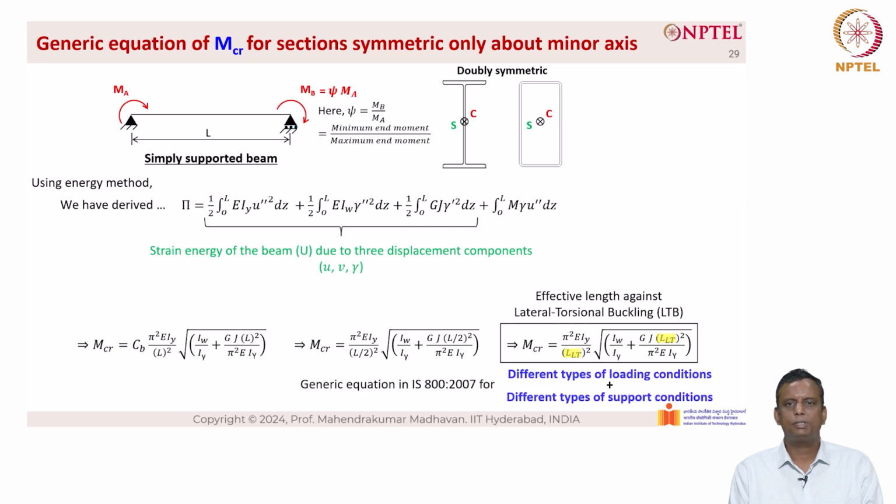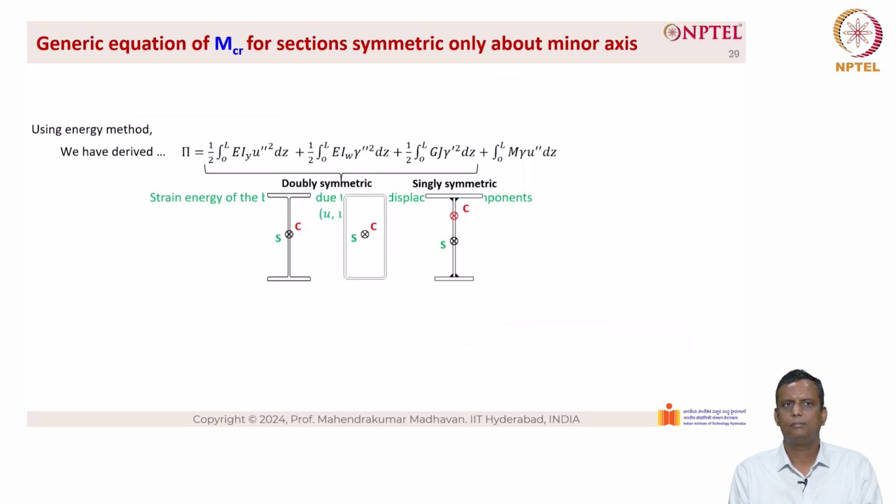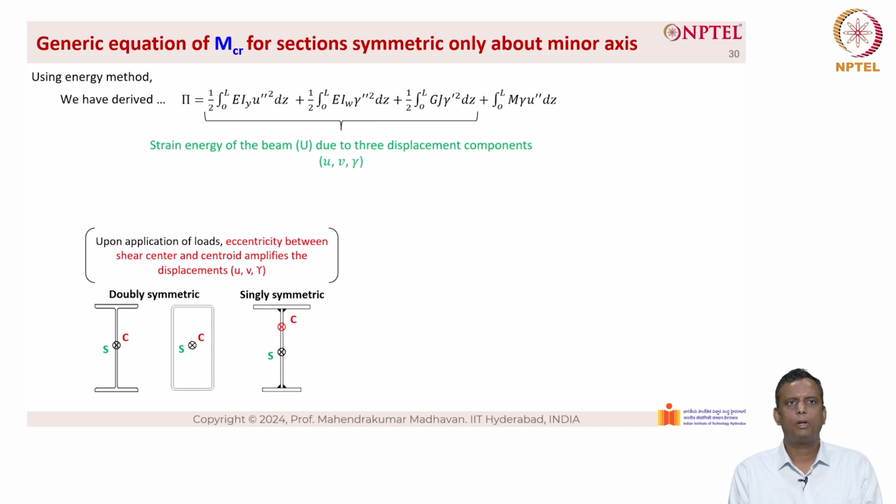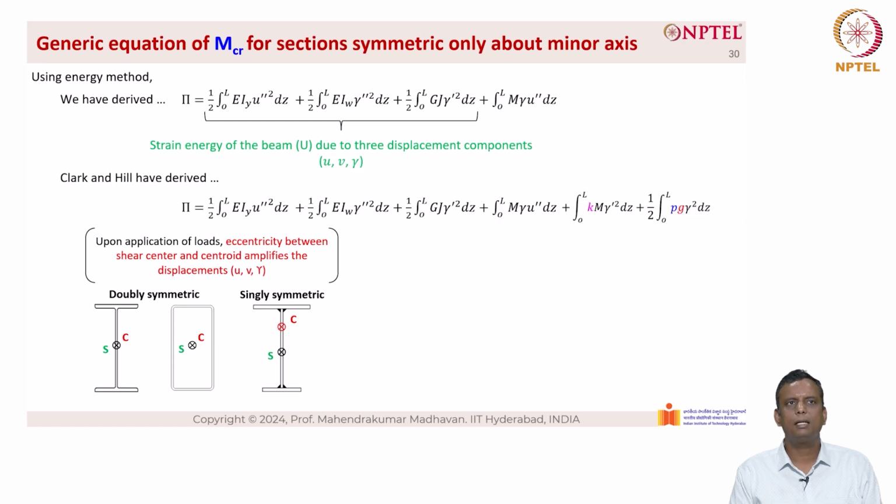So the generic equation in IS 800-2007 accounts for different types of loading conditions plus different types of support conditions. The next challenge is, how do we account for singly symmetric cross sections where the shear center and the centroid do not coincide? In such situations, upon application of loads, the eccentricity between the shear center and the centroid amplifies the displacements u, v and gamma. To solve this problem, Clark and Hill have derived a new pi equation, as you can see